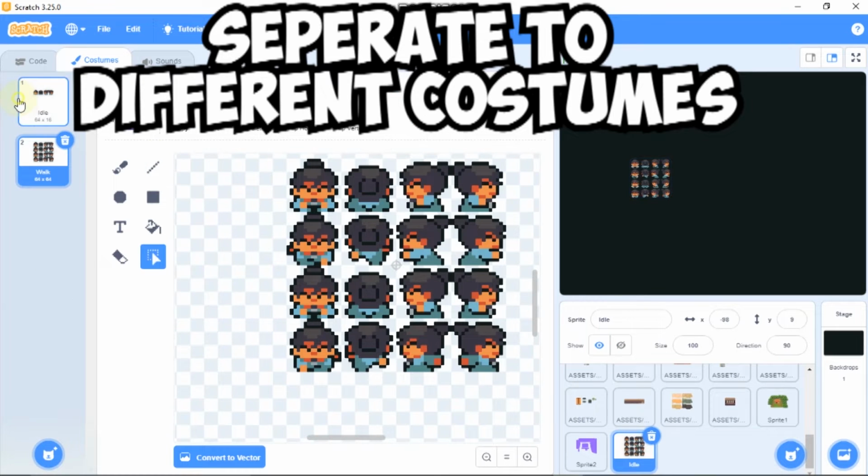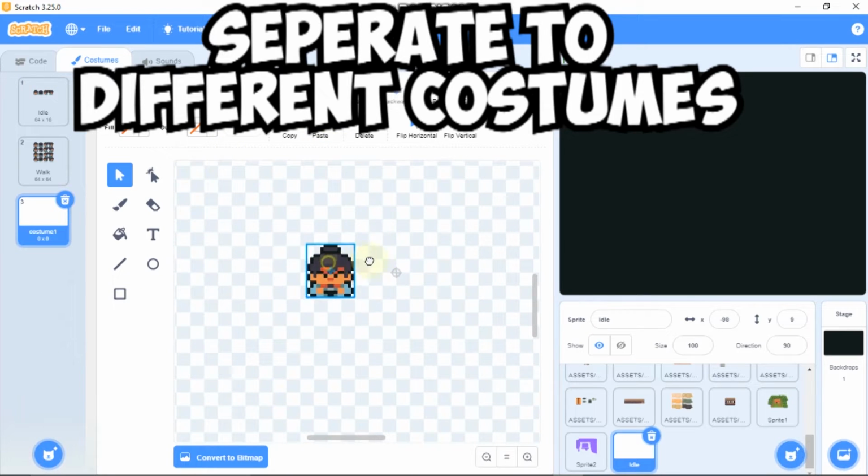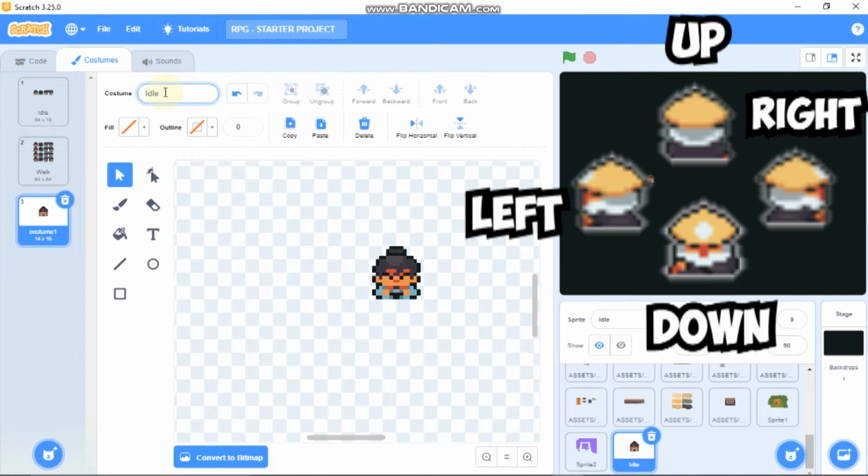So what you need to do is just the same thing. Select, copy, and paste. And now what you need to do is rename your costume. So this is really important. So for the idle costume, type idle, and then the direction where your costume is facing.